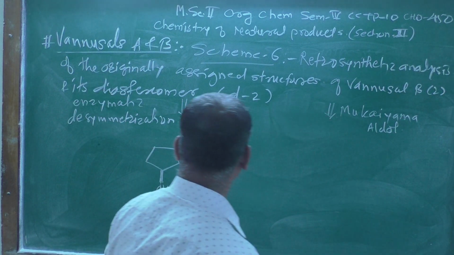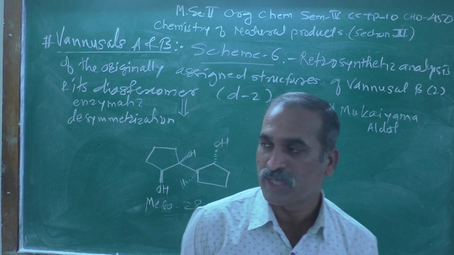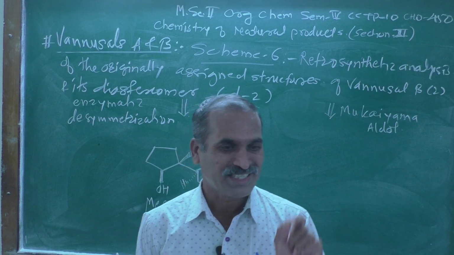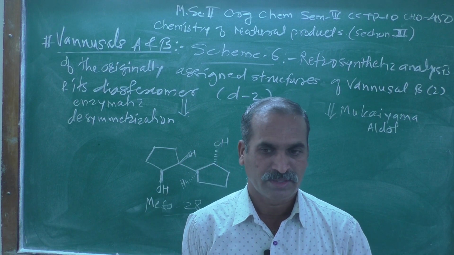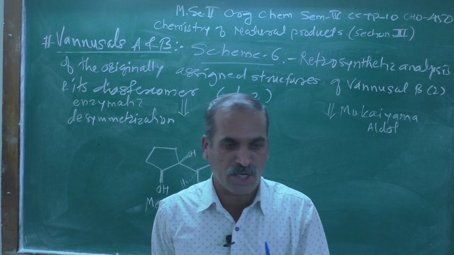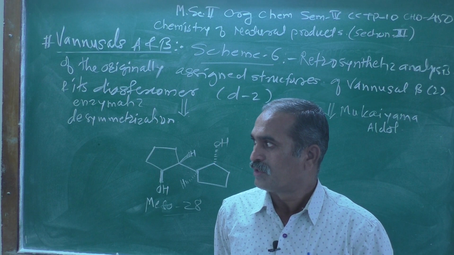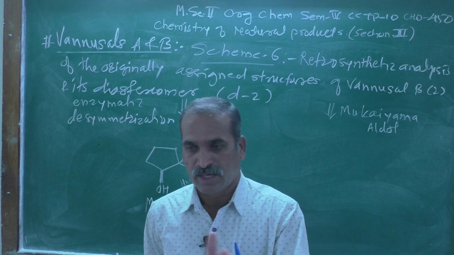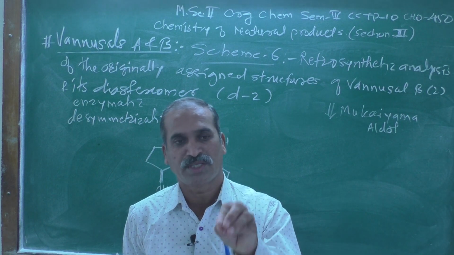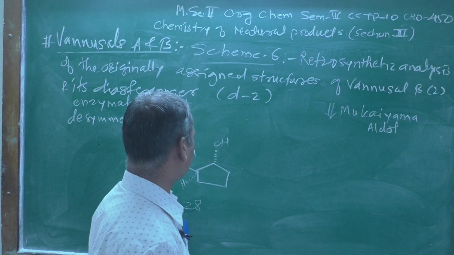And exactly there is a symmetry present, and due to the presence of a center of symmetry, that molecule neither rotates the plane of polarization, either to the left hand side or the right hand side. It remains inactive. There is no deflection, and therefore